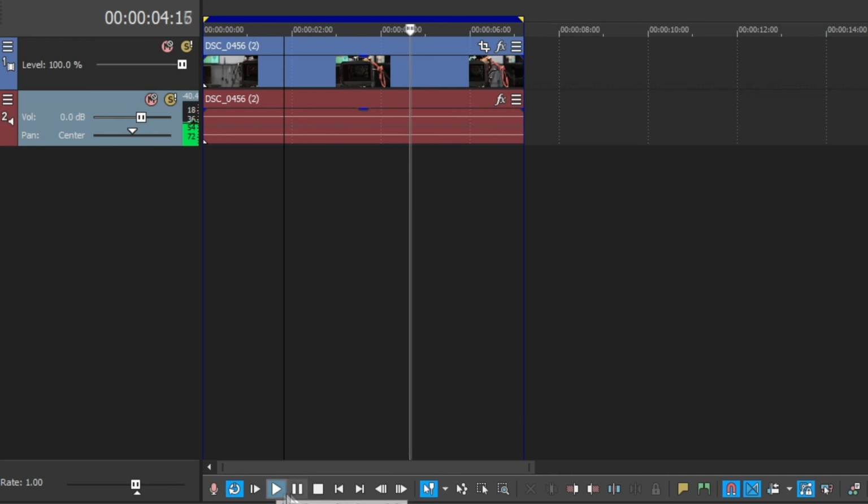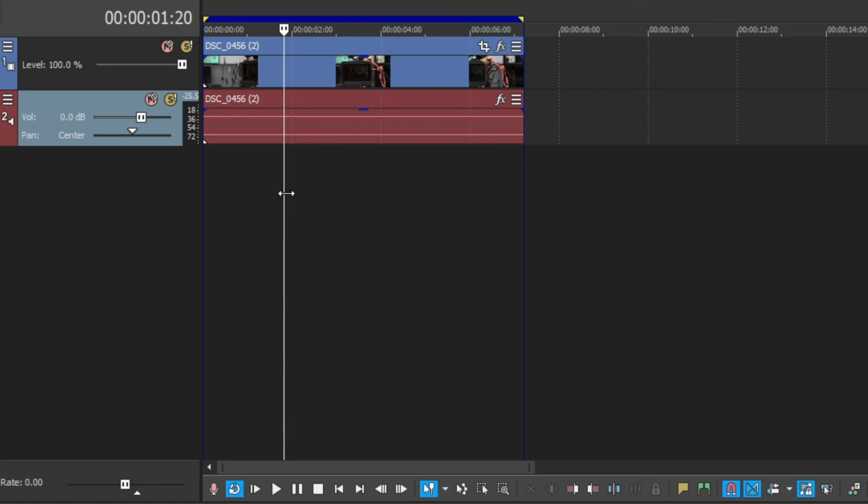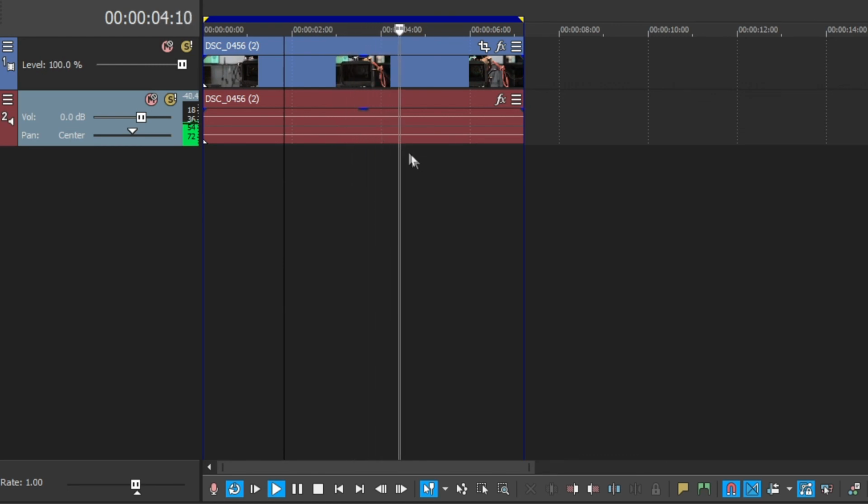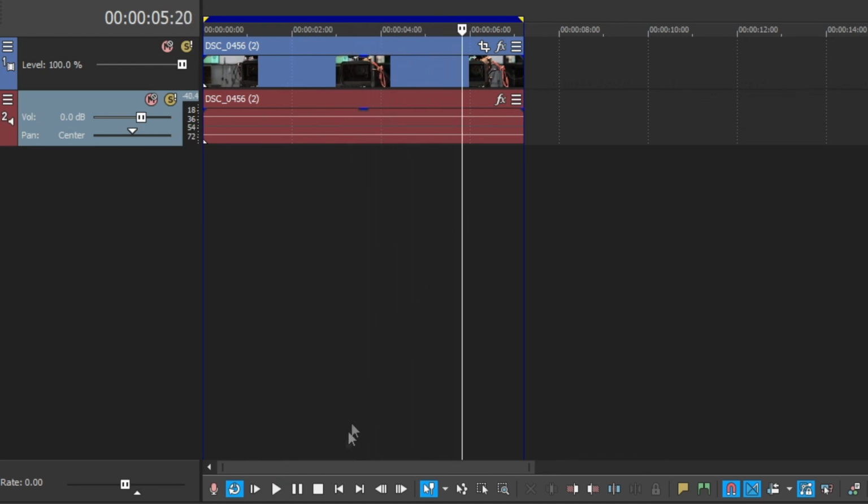Next up, we have our play, pause, and stop buttons. Even though the play, pause button is usually the spacebar by default, Vegas's system is a little different. In this case, play is the spacebar, and the timeline cursor will move along with the preview. However, if you press the spacebar one more time, it works as the stop button, which returns your timeline cursor back to its starting position. If you wish to pause at a certain point, directly where the timeline cursor is, instead of hitting the spacebar to stop, you should click the pause button, which in this case is enter.